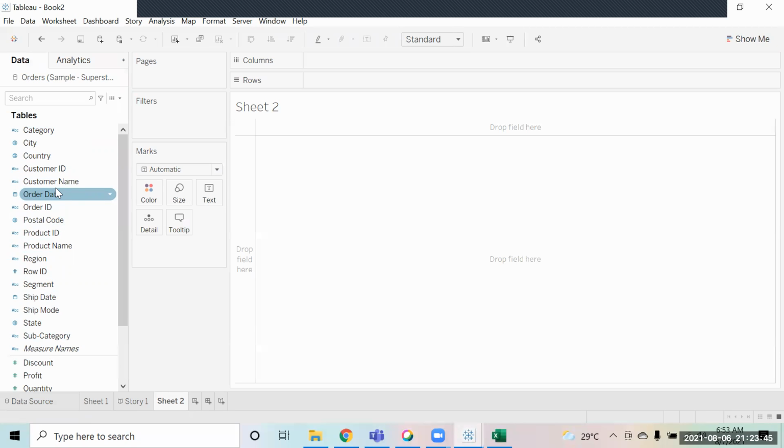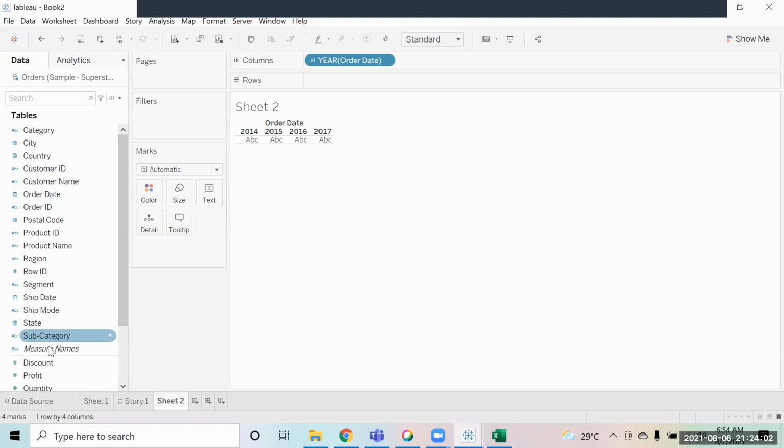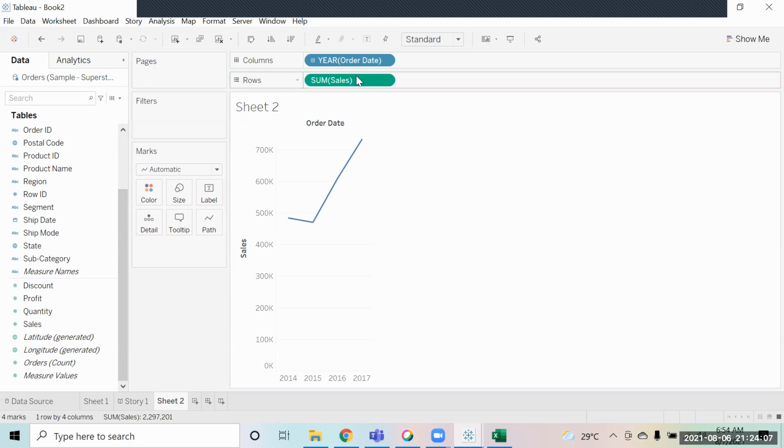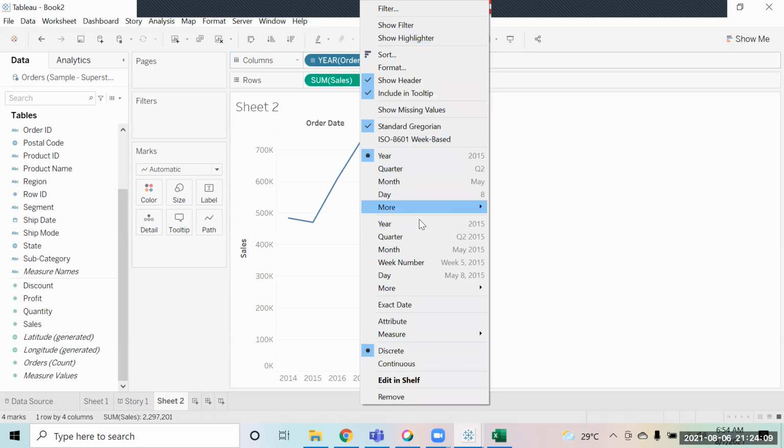Forecast means when you have to predict something for the upcoming time, for the upcoming intervals. Forecasting is always based on a time period. So let me make a time series chart and bring the sales into this. Let's keep the chart at the yearly level, monthly level.